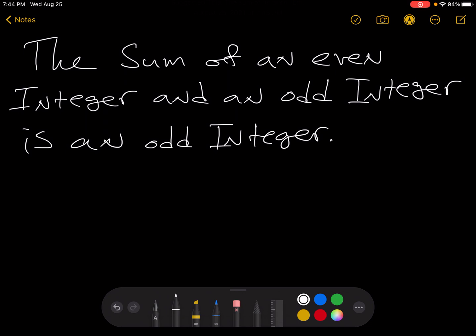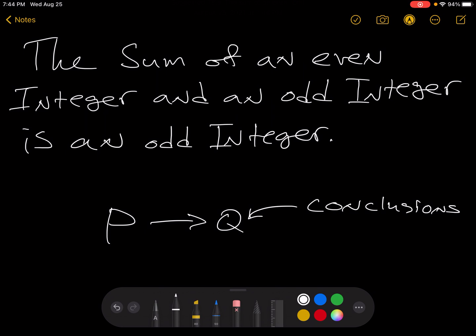All right, so thinking about P implies Q, or if P then Q, remember that these are the conclusions and this is the assumptions. So this statement here, the sum of an even integer and an odd integer is an odd integer. It can be formulated in this form, P implies Q, if P then Q, but right now it's definitely not